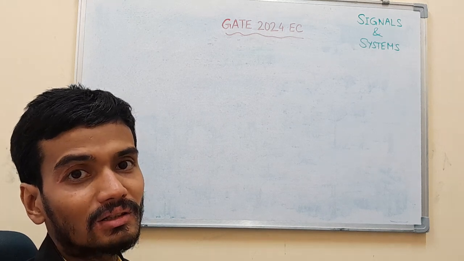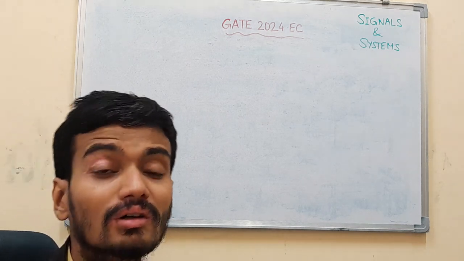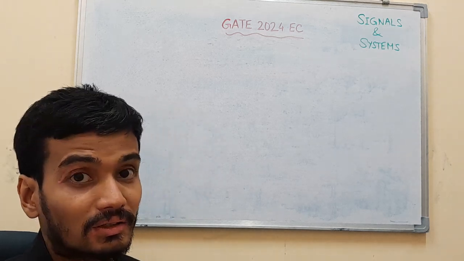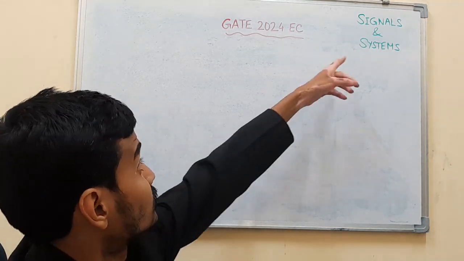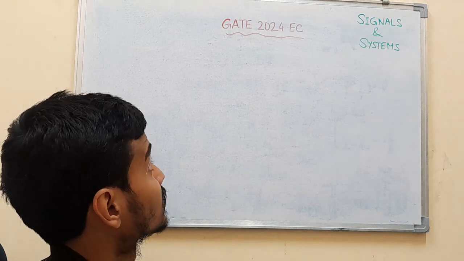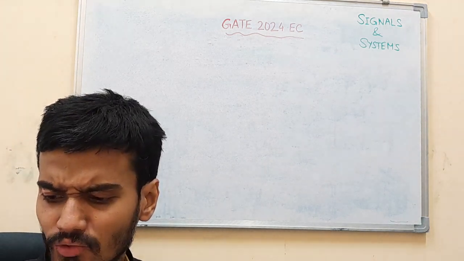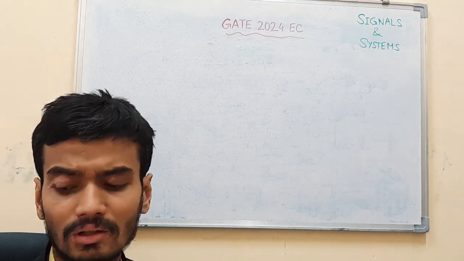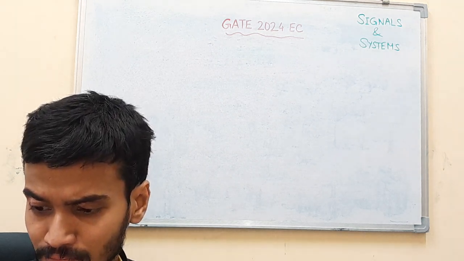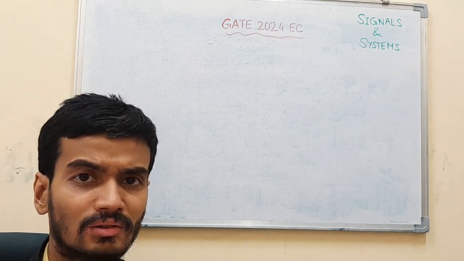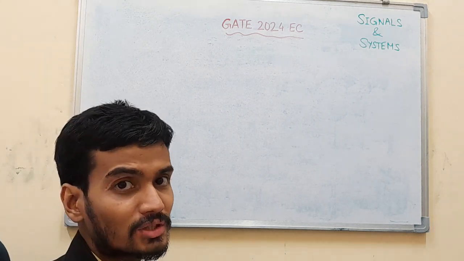After completing the last playlist on solutions from the control systems subject, this time I have come up with the solutions from signals and systems questions that came in GATE 2024 EC, with detailed solutions. Basically, 6 questions came from signals and systems, 2 of 1 mark and 4 of 2 marks. So let's start with the very first question of 1 mark,